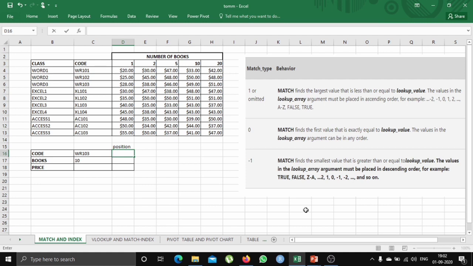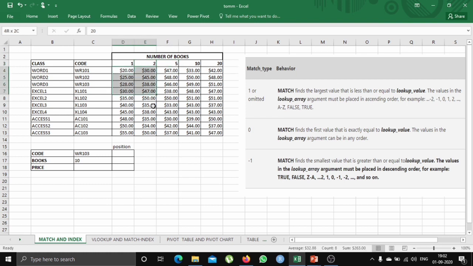In the previous video, we learned about 13 text functions and also about conditional formatting. In today's video, we learn about match and index function. So basically, match function gives you the position of the cell in the entire table or the entire row or entire column, and using index function you can find the exact value present in that cell by entering the position.